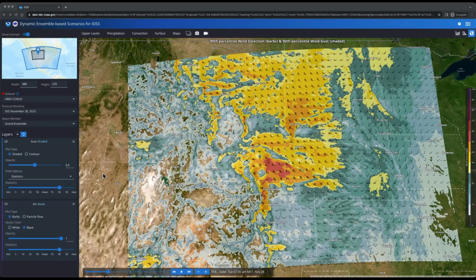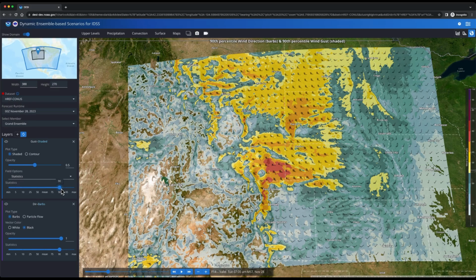All right, let's talk about how to export both images and videos from DESI 3.0. So we'll start by just going over what we're looking at on the screen initially. I've got the HREF dataset, and I've got wind gusts both as a shaded field and as wind barbs as well. I turned the opacity down just a little bit on our shaded field, and we're also looking at the 90th percentile. What I'm envisioning here is perhaps we're trying to brief some fire partners about the reasonable worst case scenario for some strong winds that could occur, in this case, Tuesday morning